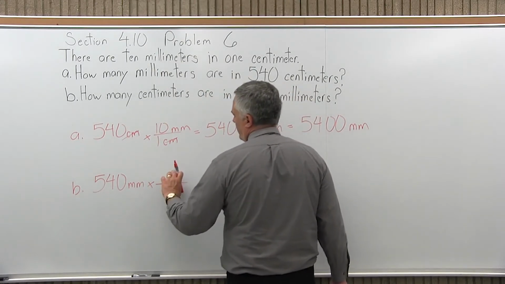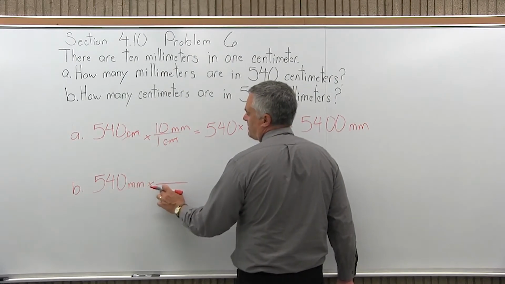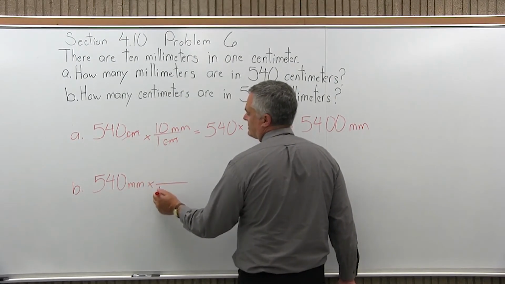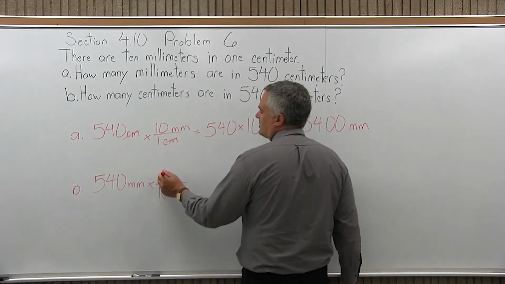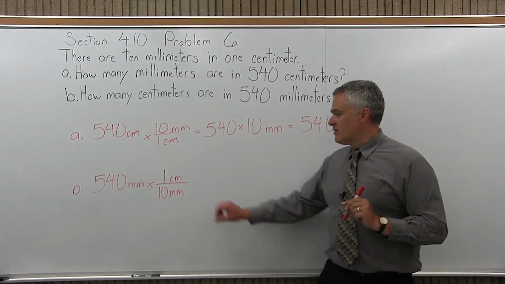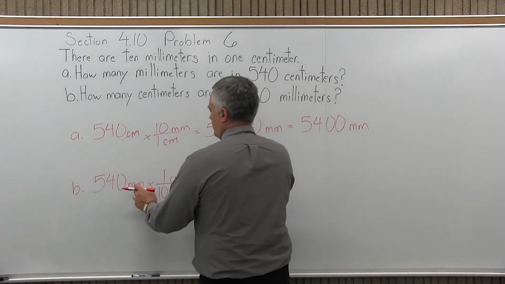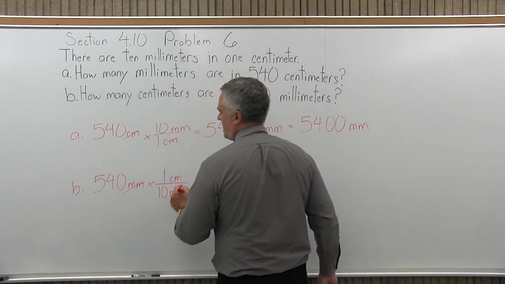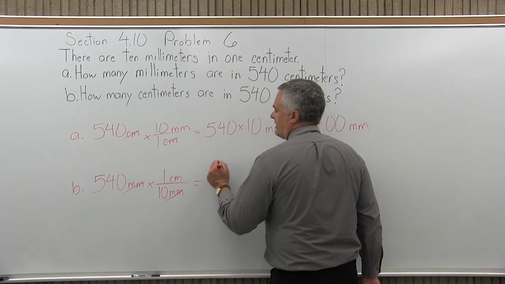In my special 1, I have the same quantity, numerator and denominator, but I want to put the part in the denominator that will make the units cancel. So I have 10 millimeters. That's what goes in the denominator, and that's equivalent to 1 centimeter. So again, I have the same amount top and bottom, but I arranged the units so certain ones will cancel and other ones will show up. So millimeters in the top cancels millimeters in the denominator, and I am left with